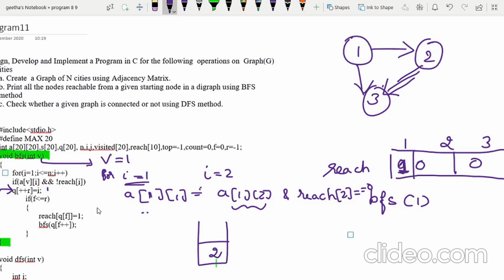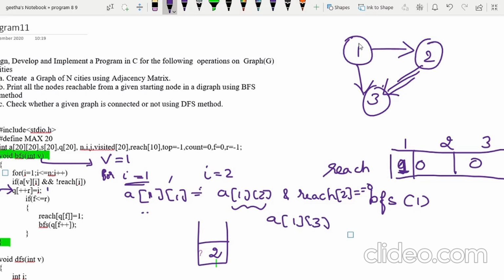Next, once this is done, I becomes 3 now. I is now 3. If so, what happens? Again you are going to check A of 1 comma 3, whether an edge exists between 1 and 3.